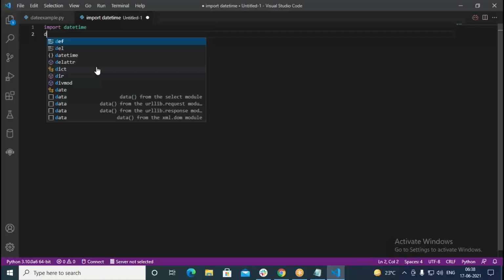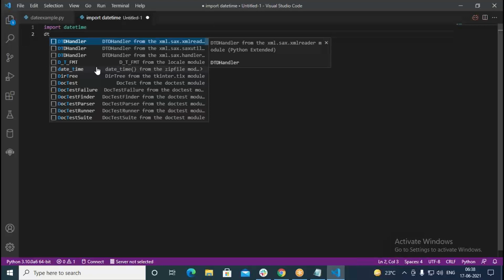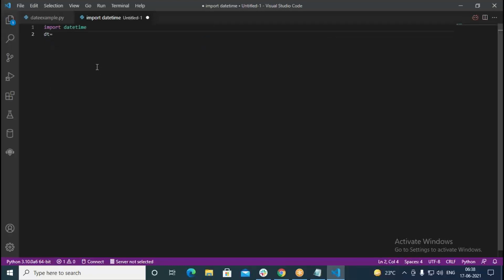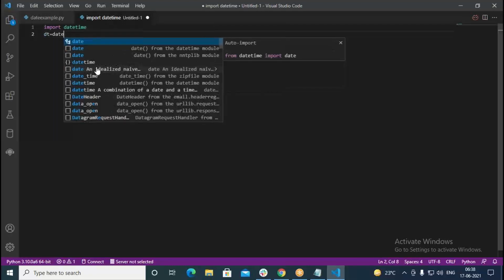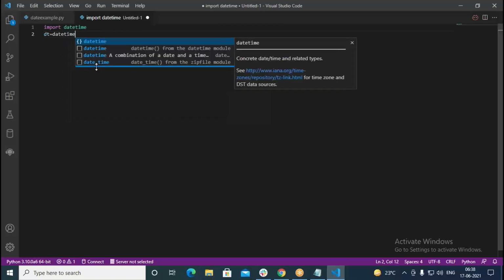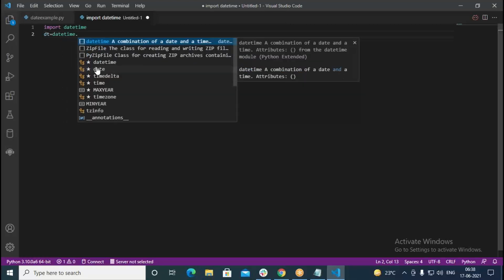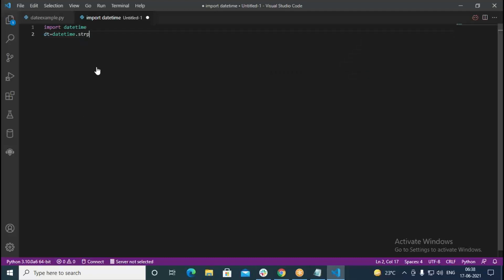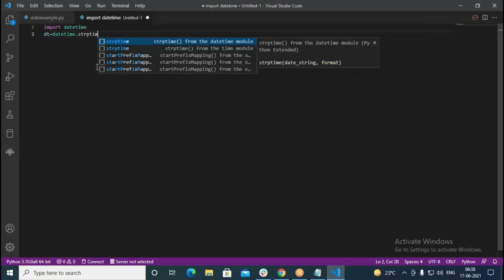So here I write dt, which is nothing but an identifier I create. Then I write datetime dot, I go with the strptime. So we have a function called strptime.